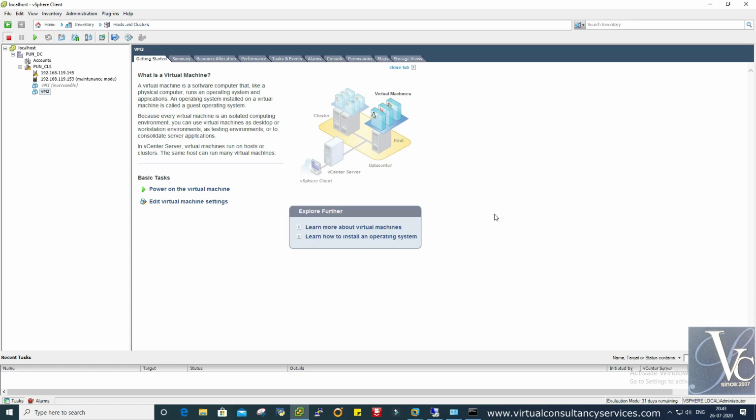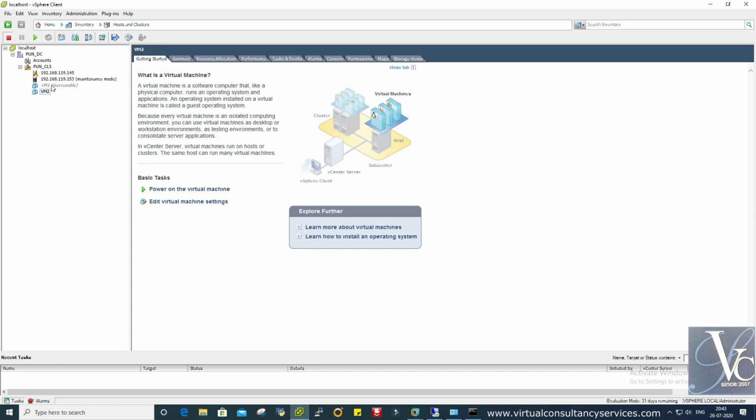Today we will go through some scripting related to the vSphere environment. Then we will have some troubleshooting for the ESXi environment.